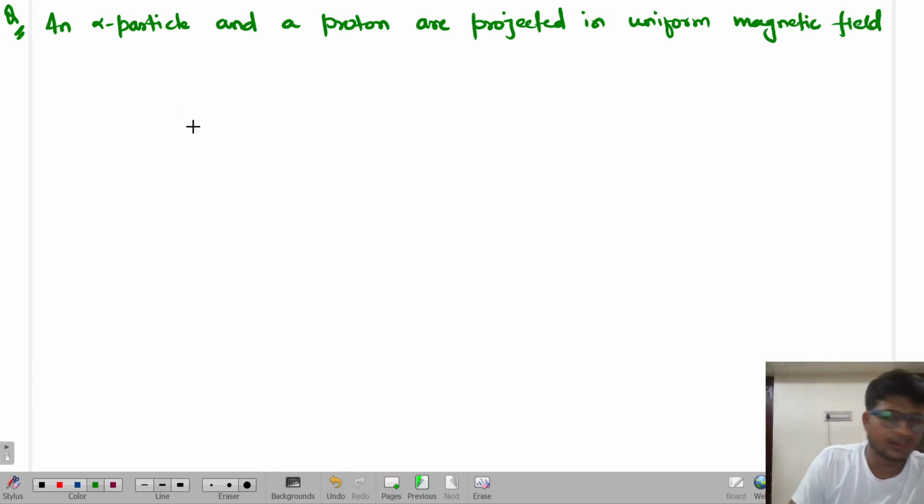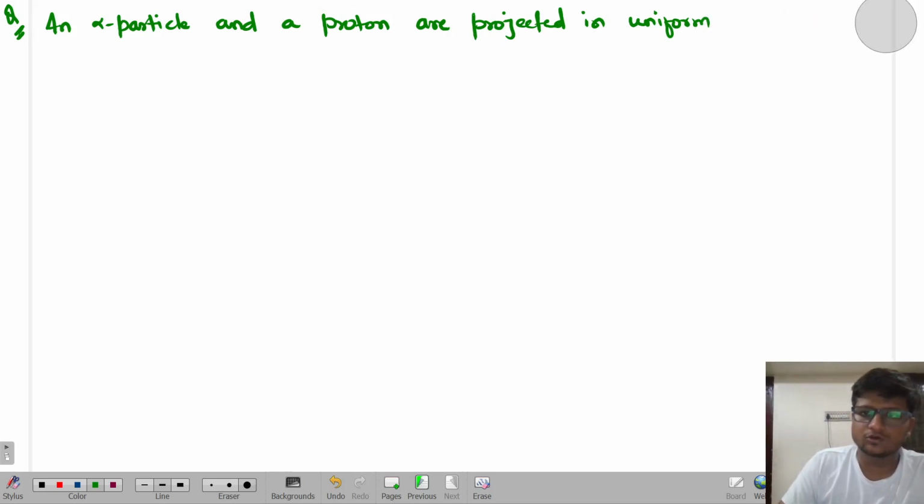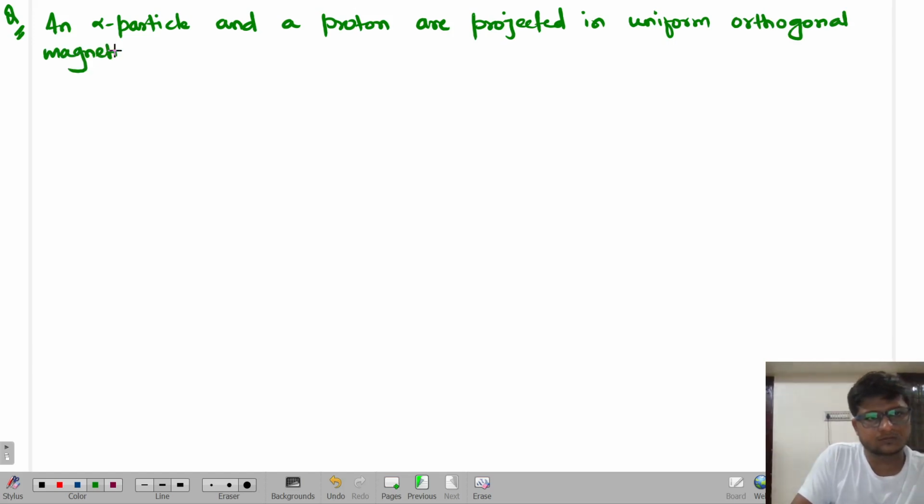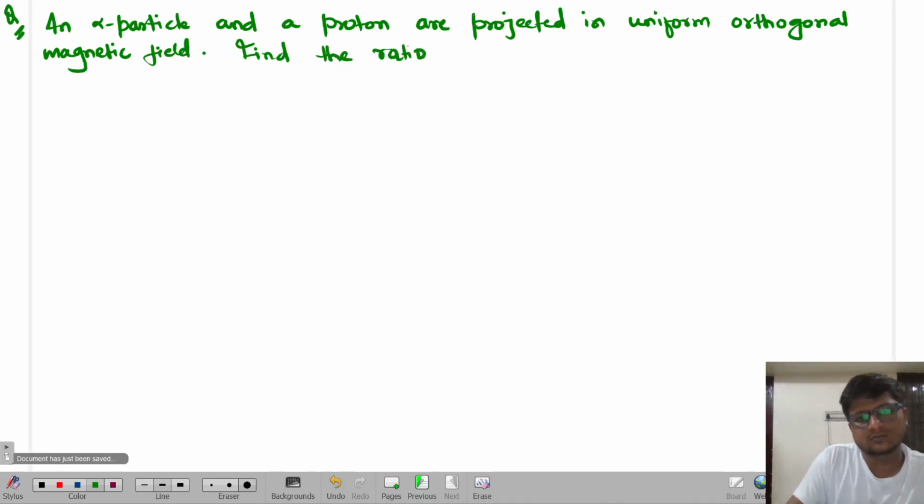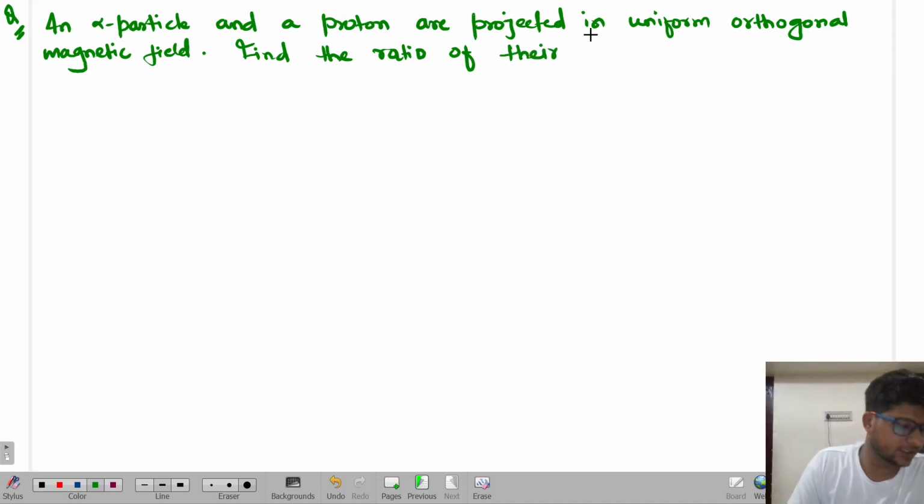Let us write uniform orthogonal magnetic field. Find the ratio of their radius of the path